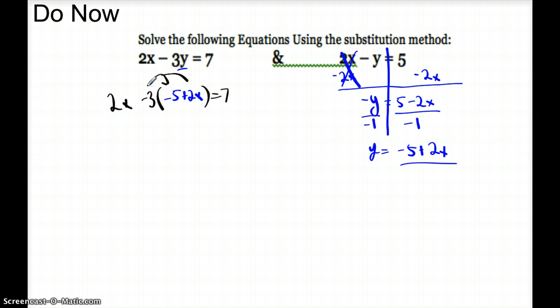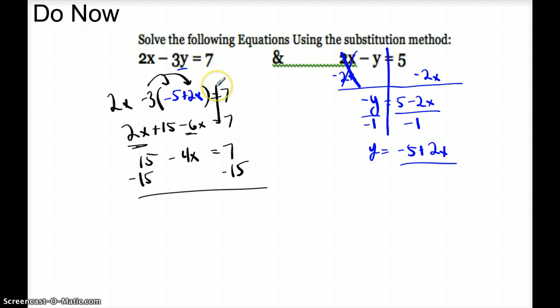I'll simplify before solving. That's standard 4. Distribute positive 15. Distribute again, negative 6x. There's my 2x. I'll combine my like terms, the x's. I'll get negative 4x. I'll have the 15 over here equals 7, minus 15, minus 15. And we'll have negative 4x, don't forget the sign, they go together, equals negative 8, divide by negative 4, divide by negative 4,